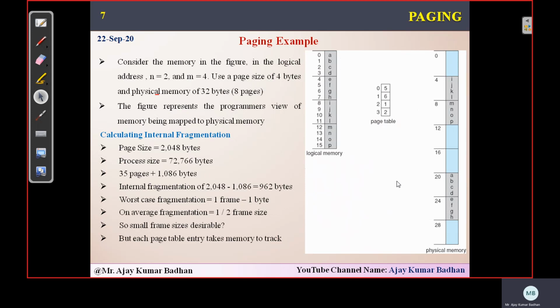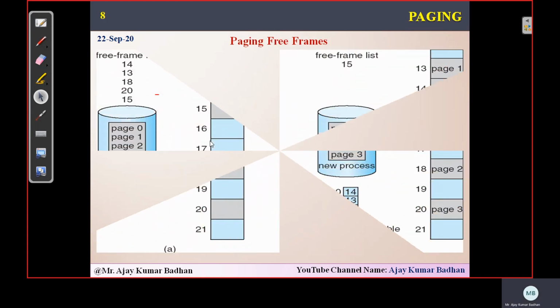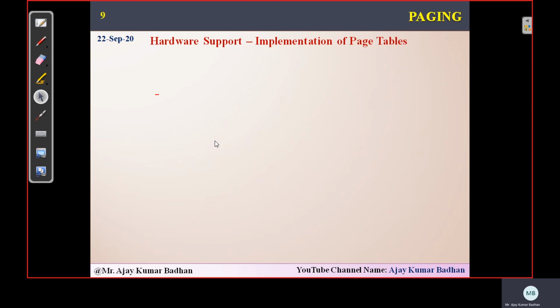Internally, the operating system does that. We don't need to do that. Just for our understanding, we did that particular concept. But internally, the operating system does it this way, and every process is done in a fraction of a second. Remember that. It doesn't take much time. So this is finally represented here. So, okay, let's begin with the hardware support.